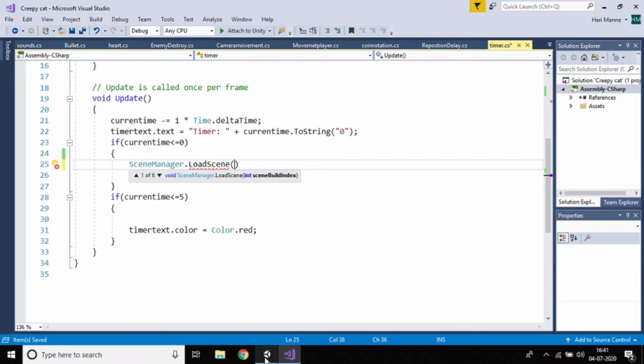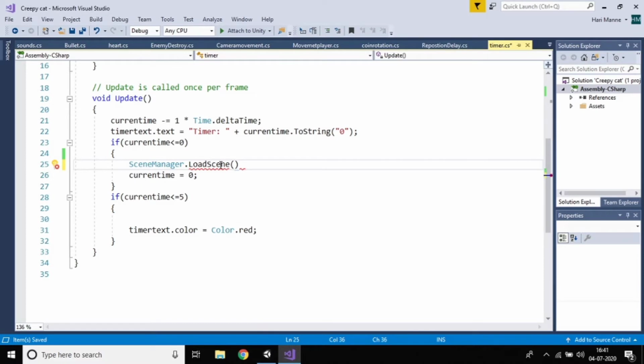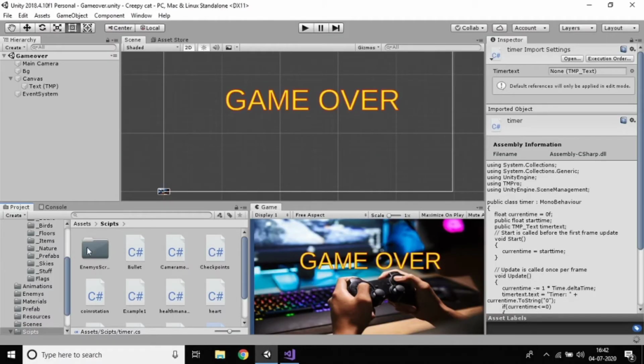You have to give the scene name. You can see the scene name is GameOver, right? The same should be there. So just make this one GameOver. Press Control S and go here and test the game.